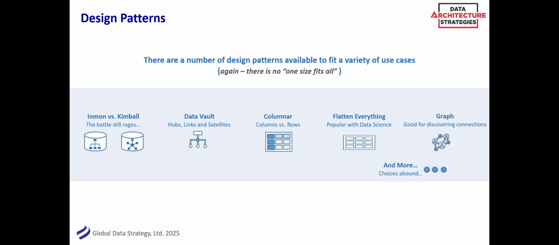Not everything can and should be third normal form, and I've seen too often the data science team arguing with your more traditional data architecture team about whether you should flatten everything or not. It's both and, but typically that flattened data or your big wide data sets should come from something like your master data, your warehouse, and so on, so that you know that it's correct, right? Graph I've talked a lot about before. That's really good for discovering connections. I keep using the customer patterns example, but you can use it for fraud detection.